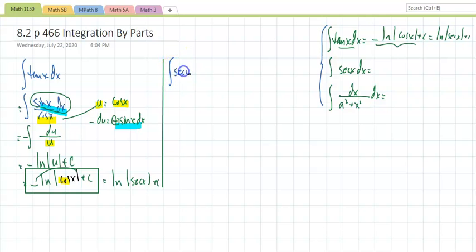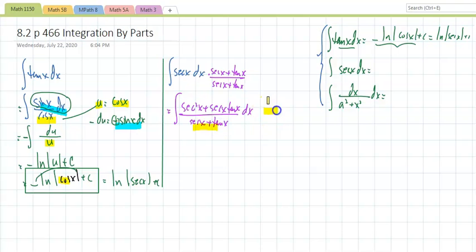If you are looking at secant of x dx, again, the reason for this, those 3 integrals arise a lot more than you like. So what somebody figured out is that if I was to multiply by secant of x plus tan of x, basically a 1. If I multiply by 1, which is the only thing allowed in math to multiply with, that would be secant squared of x plus secant of x tan of x over secant of x plus tan of x dx. And if I let u equal, again, the denominator,